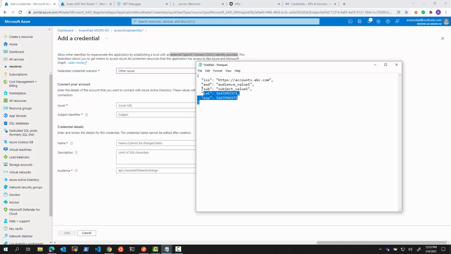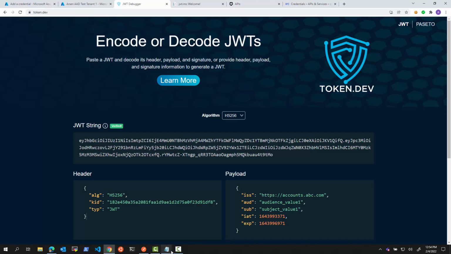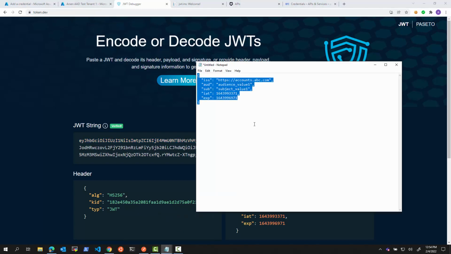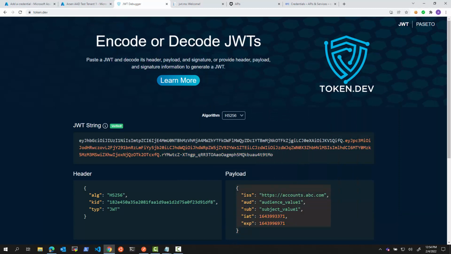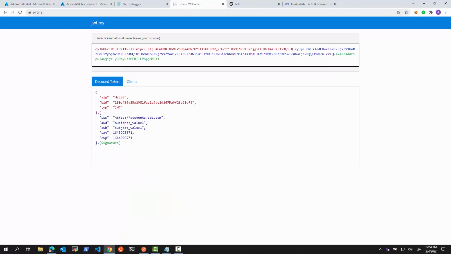So what if we just take these claims, generate a JWT token, and test out the flow without creating any external connectors, just to see what errors we get to understand what things are being checked. So if I go to something like token.dev, I can take my token and I can basically post it here and tell it to generate for me a JWT string, right? So if I take this string now, it's expired. So we will change the expiration date so it's not expired. And basically this JWT string, if you post it in another tool like jwt.ms, you can see it decodes it,